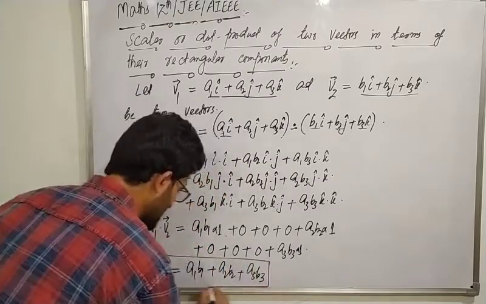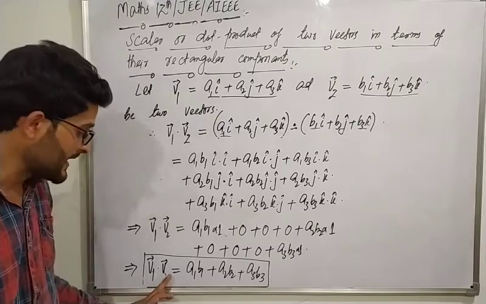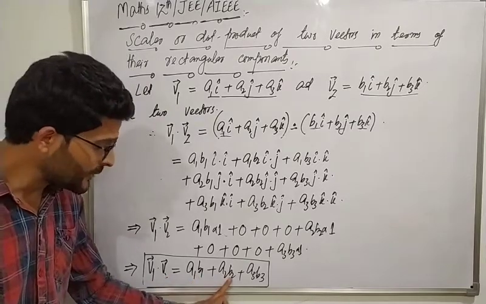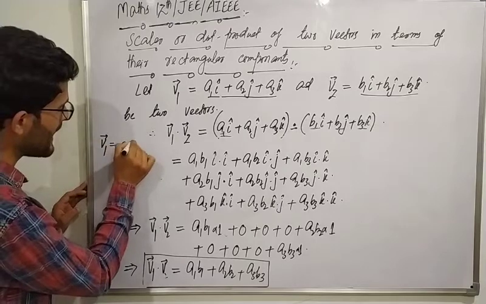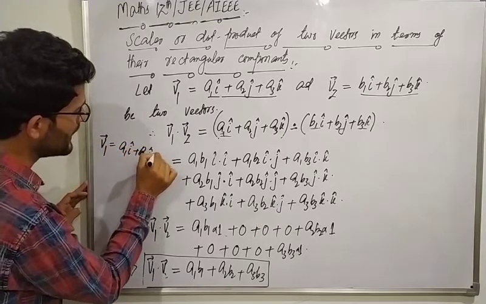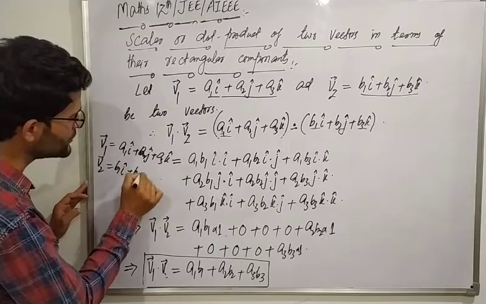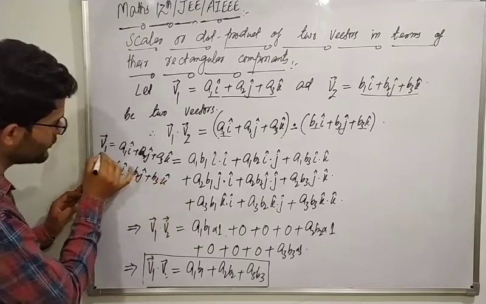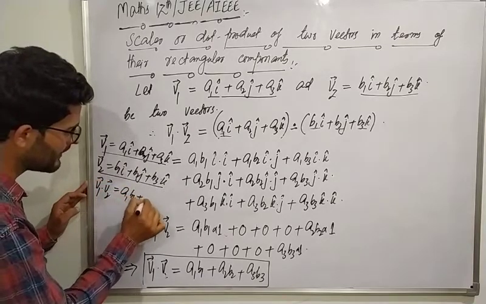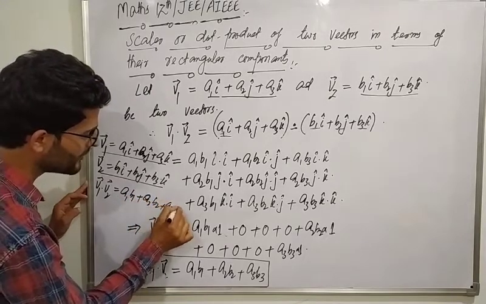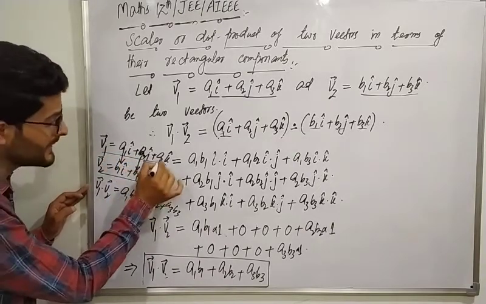The most important result, that is the dot product of two vectors v1 dot v2, but when they are expressed in terms of their rectangular components is directly equal to a1 b1 प्लस a2 b2 प्लस a3 b3। यानी आपके पास दो वेक्टर्स थे, एक था v1 which is a1 i प्लस a2 j प्लस a3 k, और दूसरा वेक्टर था v2 which is equal to b1 i प्लस b2 j प्लस b3 k। जब हमने इन दो वेक्टर्स का आपस में डॉट प्रोडक्ट किया v1 डॉट v2 तो वो किसके बराबर आया, a1 b1 प्लस a2 b2 प्लस a3 b3, यानी a1 का मल्टीपल b1 के साथ प्लस a2 का मल्टीपल b2 के साथ प्लस a3 का मल्टीपल